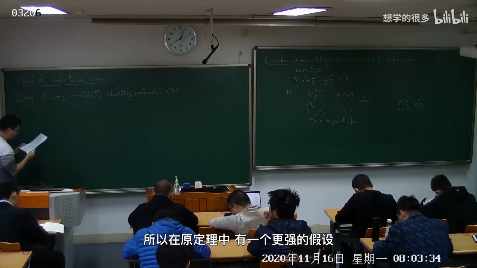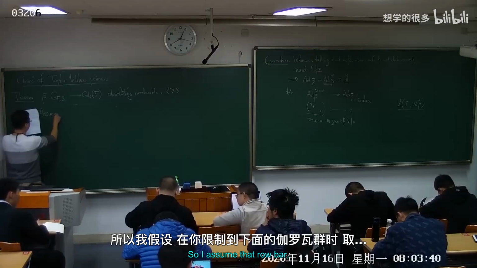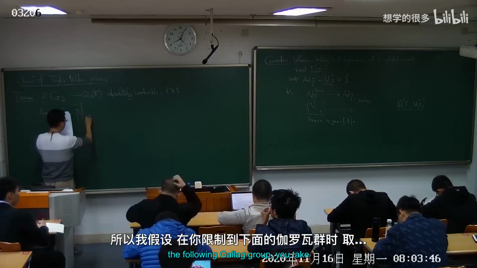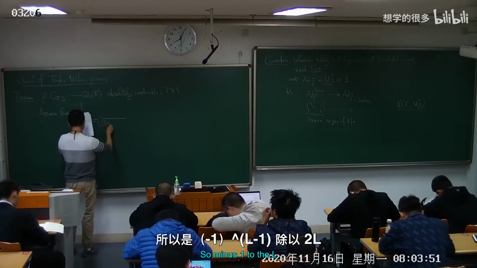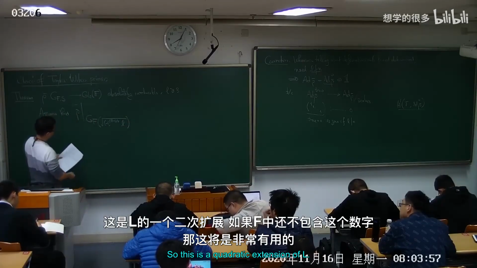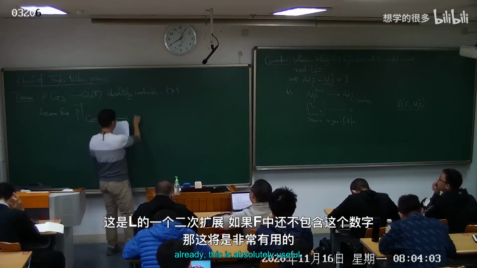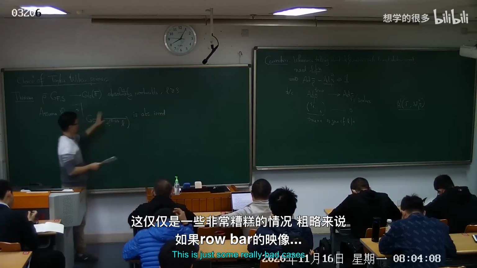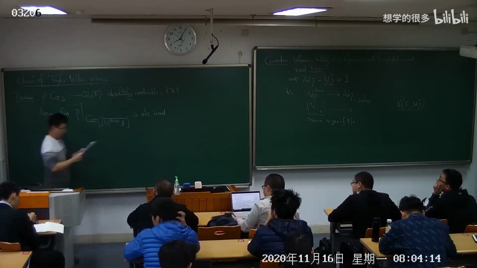So in the original theorem, there's a weaker hypothesis. Let me write that down. Assume that rho bar, when you restrict to the Galois group of F adjoining (-1)^((L-1)/2) L, is absolutely irreducible. So this is a quadratic extension of F, if F doesn't contain this number already. This is to rule out some really bad cases where, roughly speaking, if the image of rho bar is large enough, this is satisfied. For example,